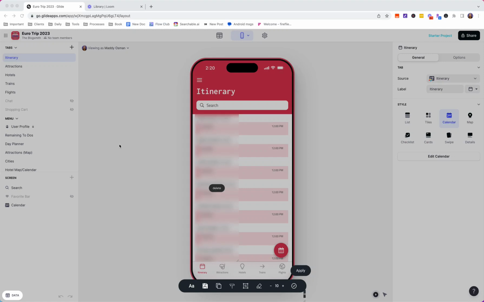Okay, so I just wanted to share a fun no-code project I've been working on in this app, which is called Glide, or this tool, whatever you want to call it, a no-code builder tool. And it's connected with Airtable, so basically I made a base that has all the details of my trip,